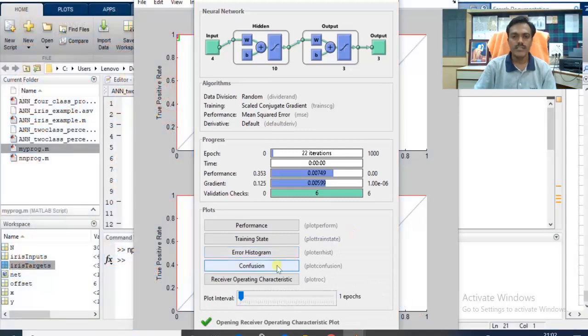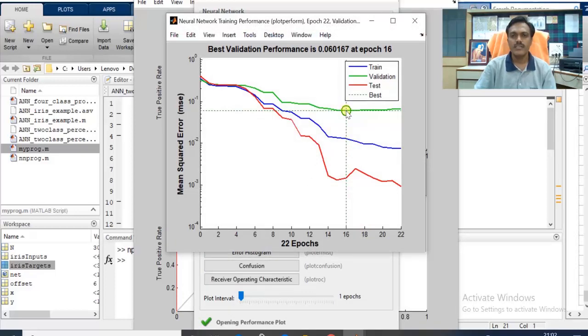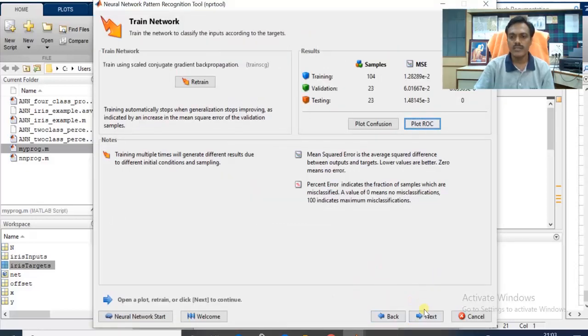The next parameter is performance. Now see, this is the best performance at the 16th epoch. It means that in only 16 iterations it has got the best results. So this one also can be used as a performance parameter. Now next part, let us go ahead.